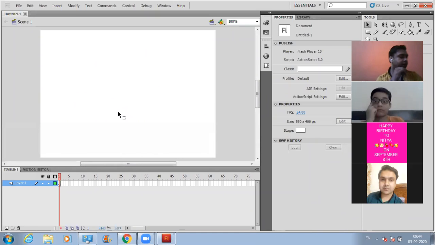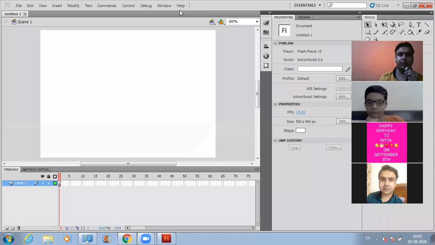Come on page number 78. There is a heading, blue color. It is the second heading given on that page: How to start. Now come on one, two, three. Fifth point of that How to start heading. It's written over there: under create new section, select ActionScript 3.0. So that's what I have selected, right? I have selected ActionScript 3.0.